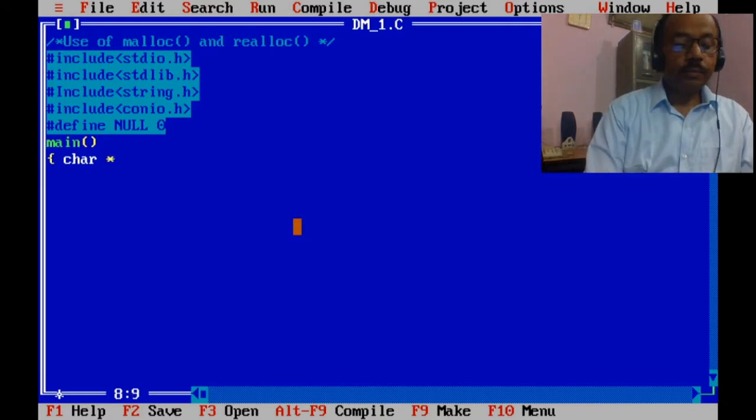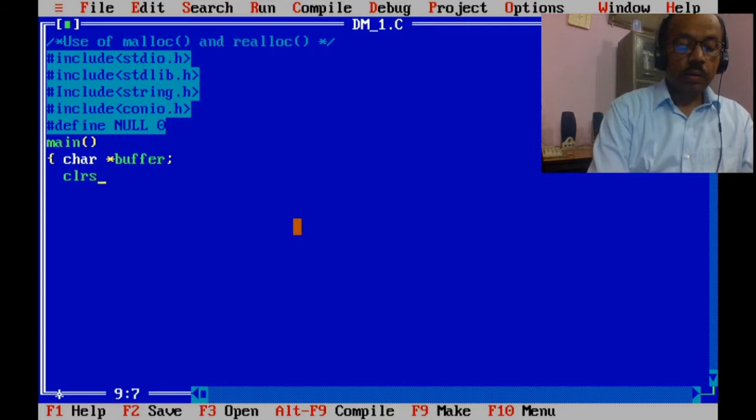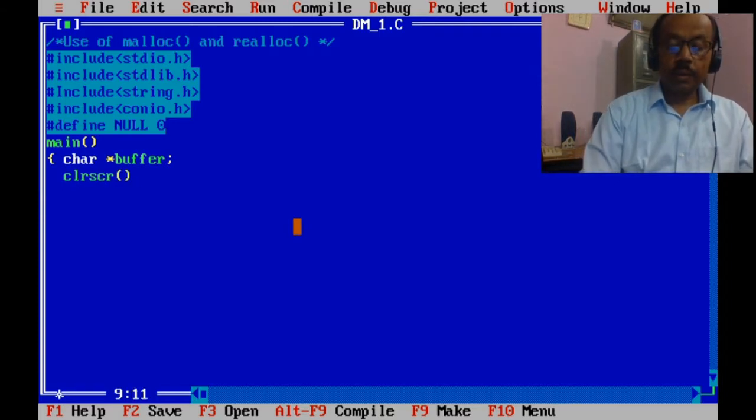We are declaring a pointer named buffer. Clear screen.